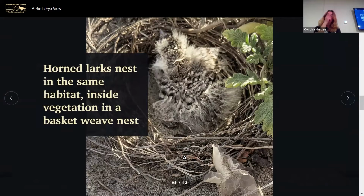So this is a horned lark nest that we found. We don't look for horned lark nests, but this one is in a beach burr. They build a little basket, and I don't know for sure, but I'm guessing their eggs probably take a couple weeks to hatch. Horned lark chicks are altricial, so when they hatch, they're very undeveloped and naked and dependent